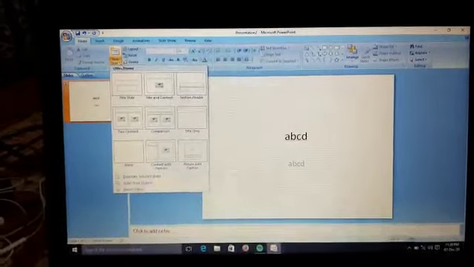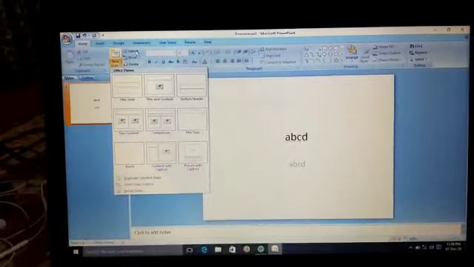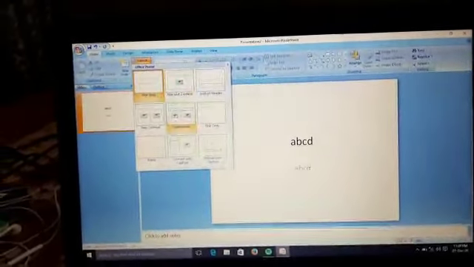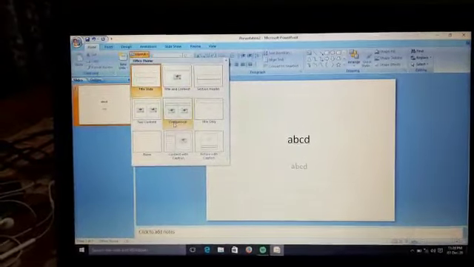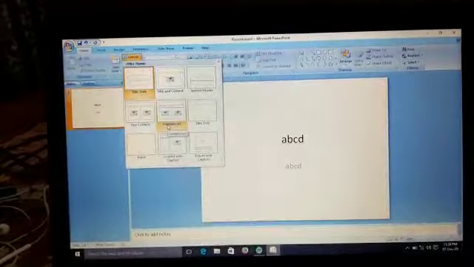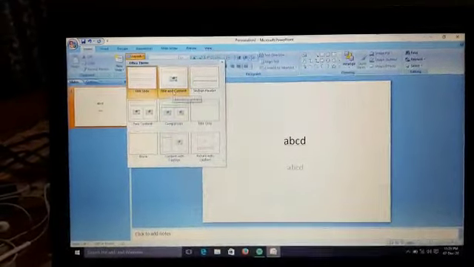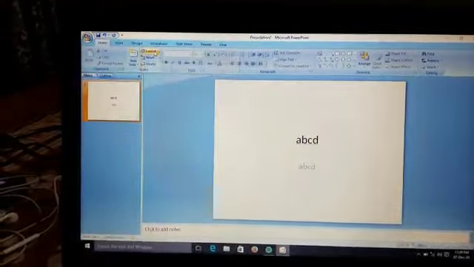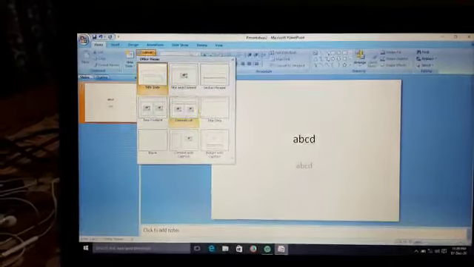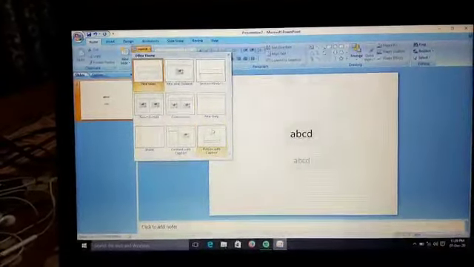Now, applying a layout to a slide. How do we apply a layout? A slide layout displays how the content and other objects are positioned on the slide. These are the steps we have to follow. Click on the Layout button. Click on the Layout button. Here, select the desired layout from the list, whichever layout we want.